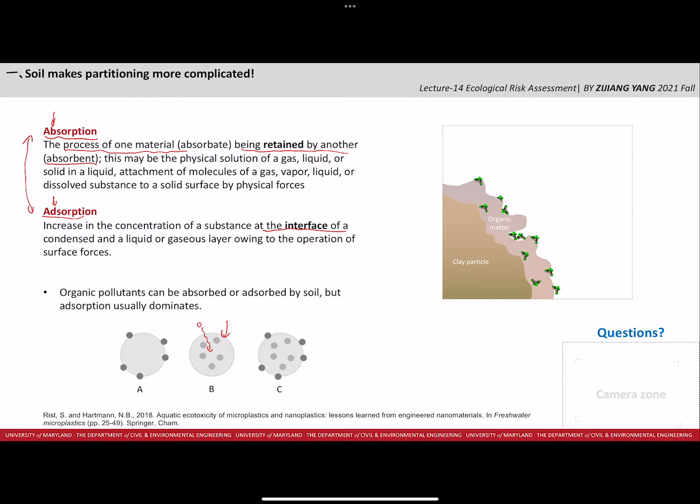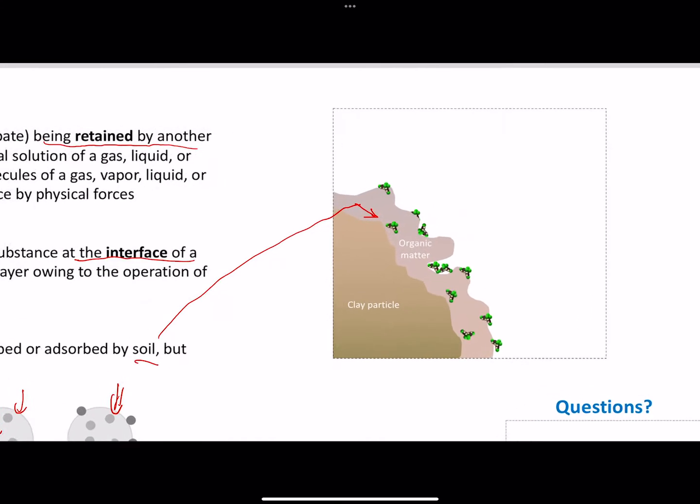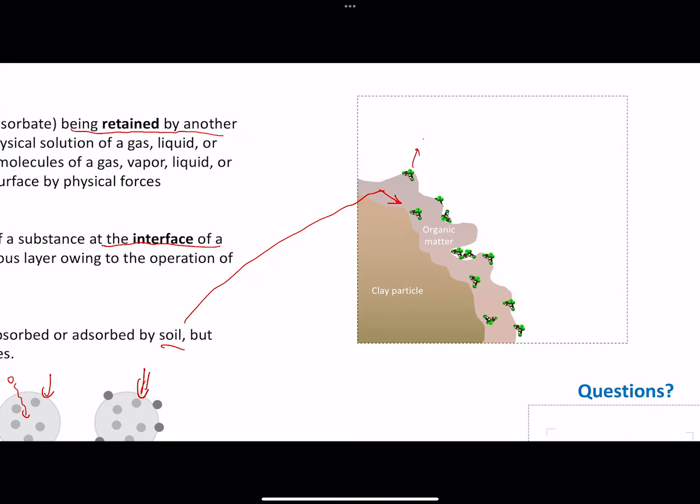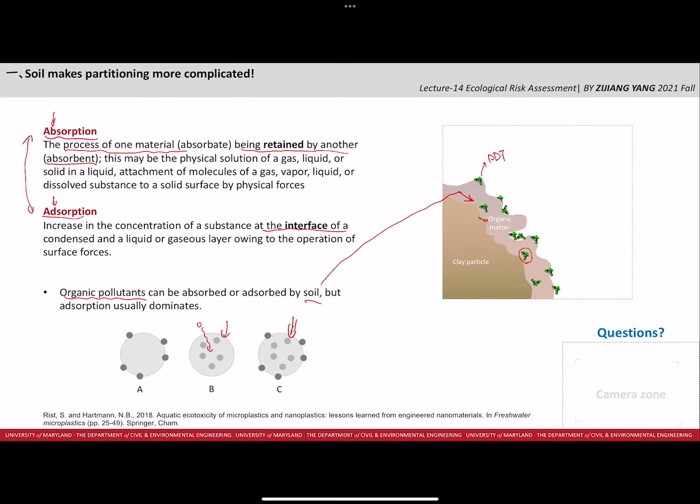And in reality, organic pollutants can be absorbed or adsorbed by soil, especially the soil organic matter. So we may have something like this. This is DDT. We have some DDT at the surface of soil organic matter, but we also have some DDT inside the soil organic matter. So both processes will happen, but